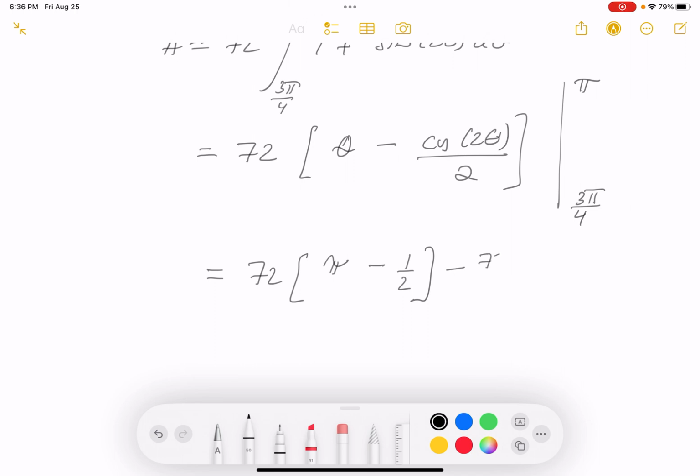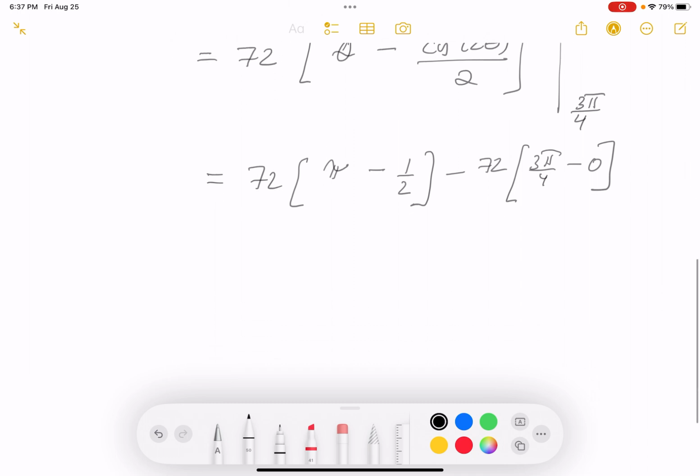Minus 72, 3 pi over 4, and that's going to be the cosine of 3 pi over 2. And that's going to be 0. Let's keep moving forward. I'm going to get 72 times pi minus 72 times 1/2 is 36, minus